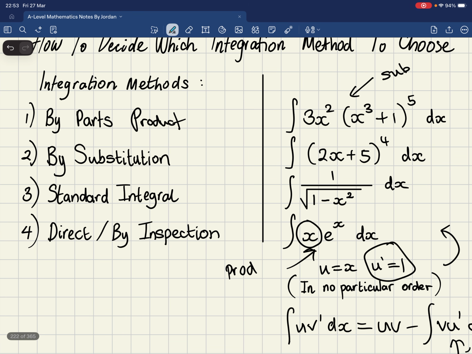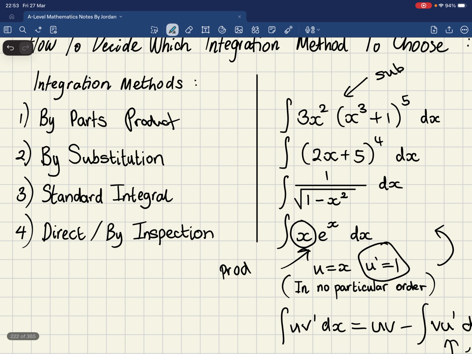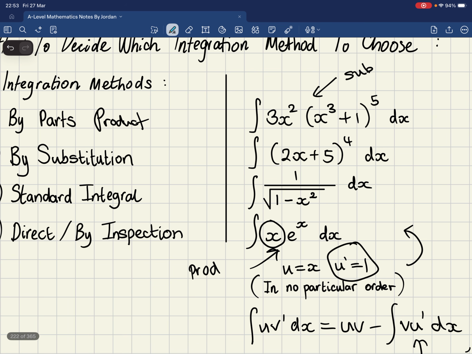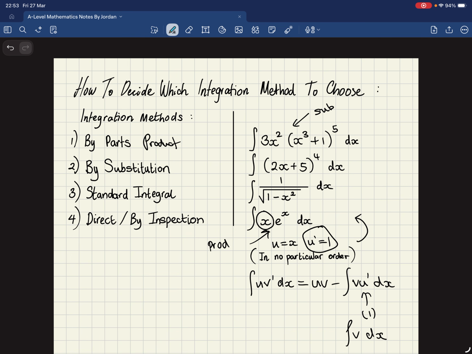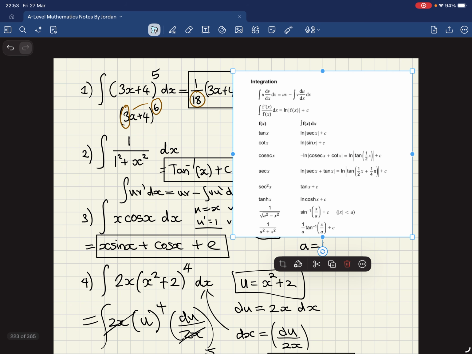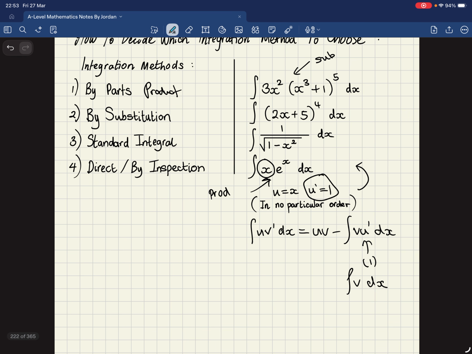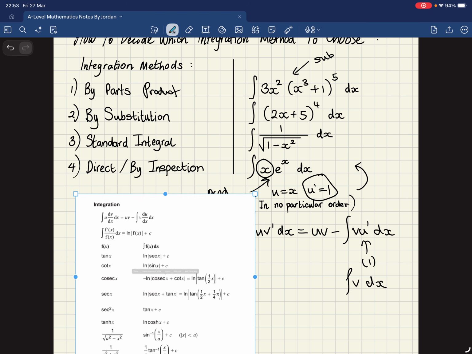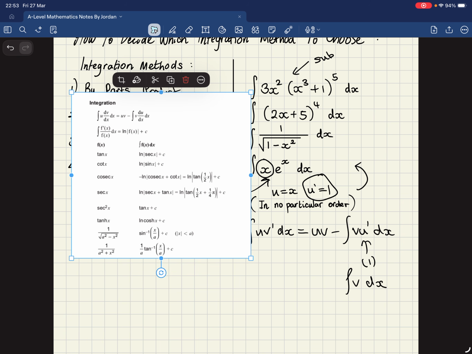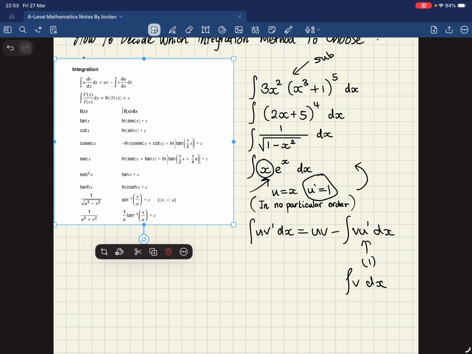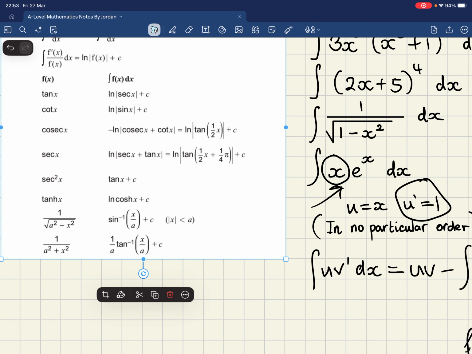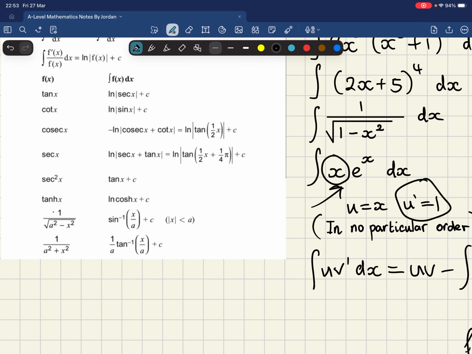So we've just got 2 more to worry about. One of them's a standard integral. So it's 1 over the square root of 1 plus x squared. If I was to take this, you would see that that would be this one here. Okay, so it's actually the sine x